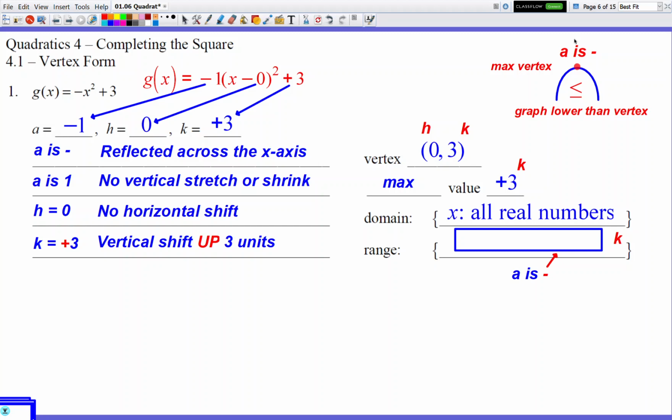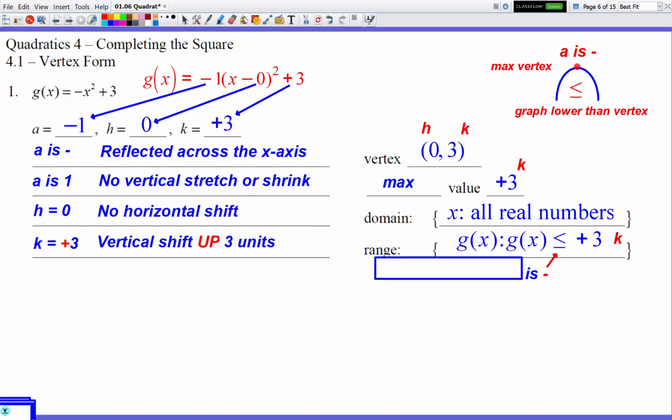This graph is not going to be drawn at a height of 5. This graph is not going to be drawn at a height of 6. This graph at the most is going to reach a height of 3. So when I talk about the range, we know that my range cannot go higher than 3, because 3 is the maximum value. So when I talk about what y values are needed to get this graph drawn,